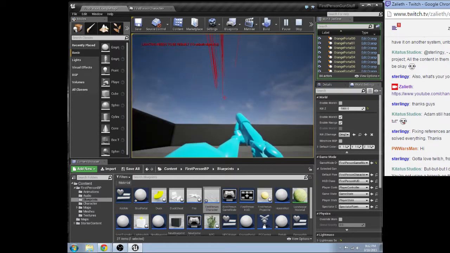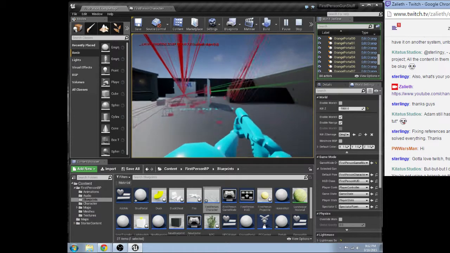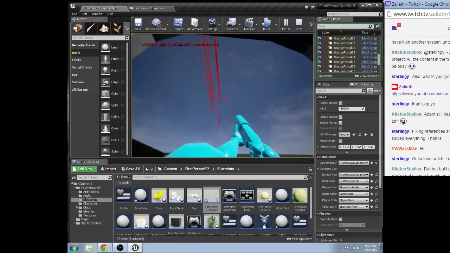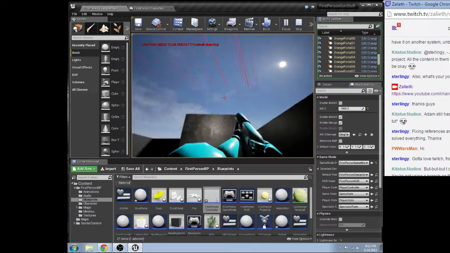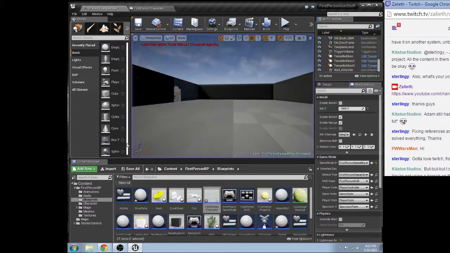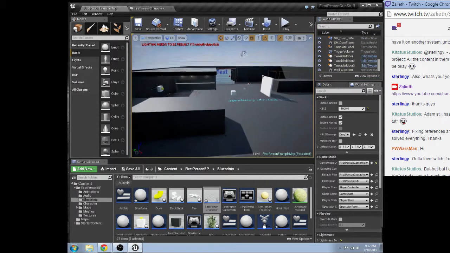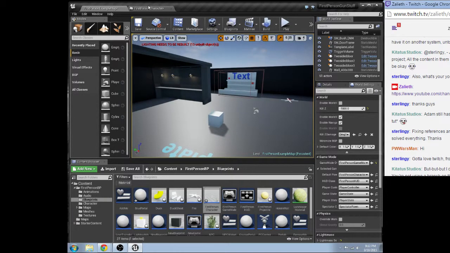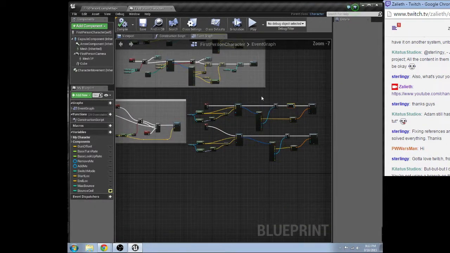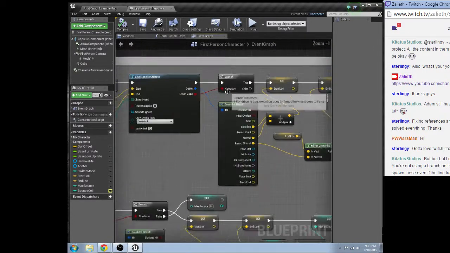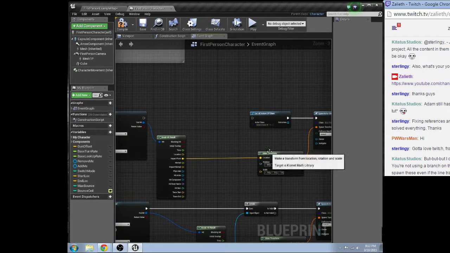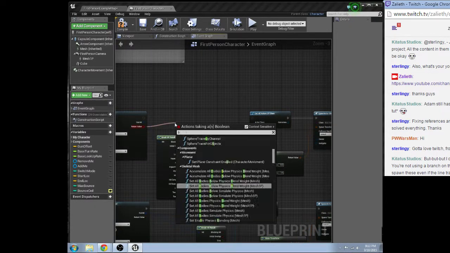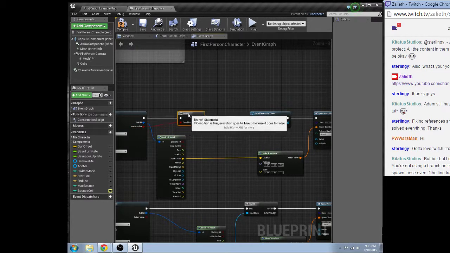Oh, wait. Or is it going behind me for some... No? It's not. Yeah, it's not spawning anything. Granted, it is a better idea to use a branch, so what I'm going to do... Katatis is right. You should use a branch here. That way you don't accidentally spawn if you didn't hit anything. And that actually gets rid of the need for the is valid check,